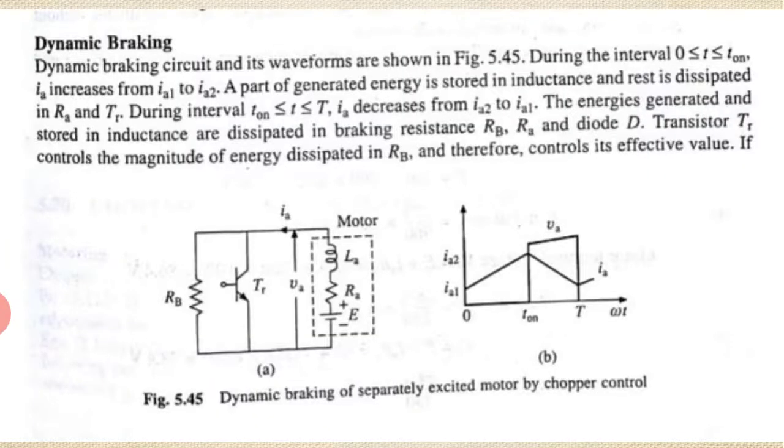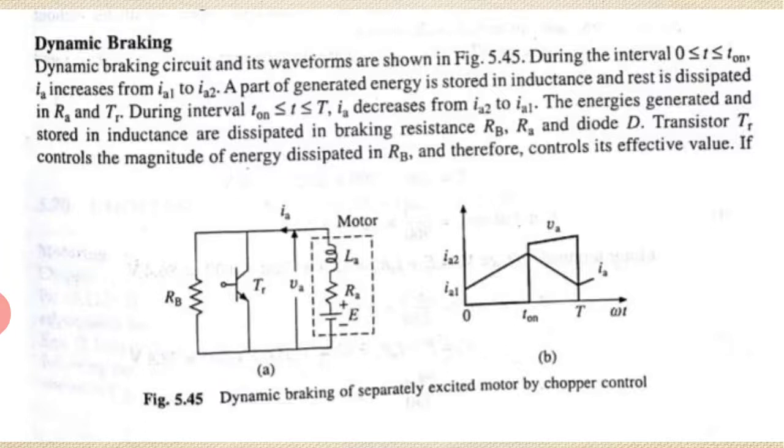The last bit is dynamic braking. Here, dynamic braking is nothing but the motor is disconnected and we connect one resistance, called the braking resistance, RB, mentioned here, and braking can be obtained. I repeat, RB is the braking resistance. We have to disconnect the supply and shift to the resistance RB, so that braking operation will be obtained. So this is the dynamic braking circuit as shown in the figure.